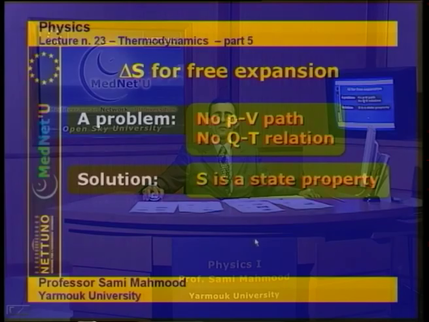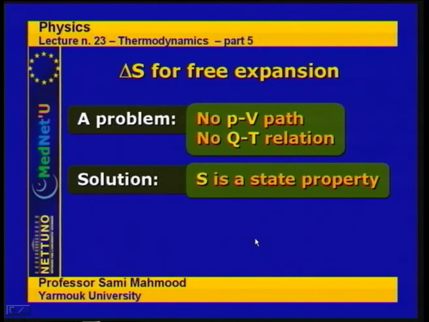The solution for this problem is the key point that the entropy is a state property of the system, which means it depends on the state and regardless of how we took the system into that state. Thus, knowing the initial state of the system, which is characterized by some S initial, and the final state of the system, which is characterized by S final, then if we take the system from the initial state